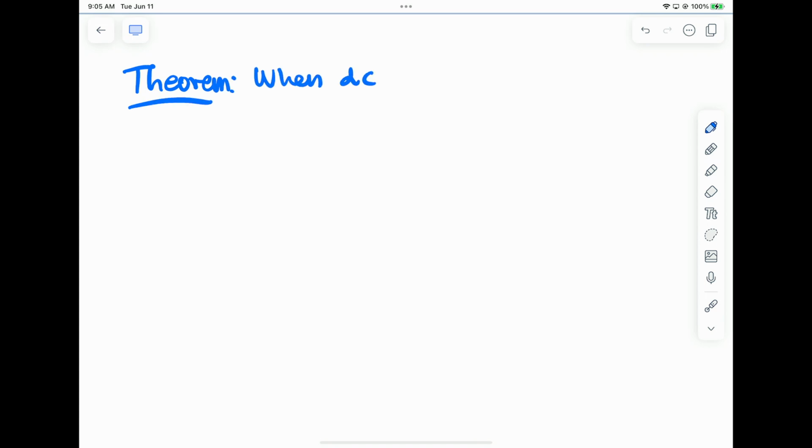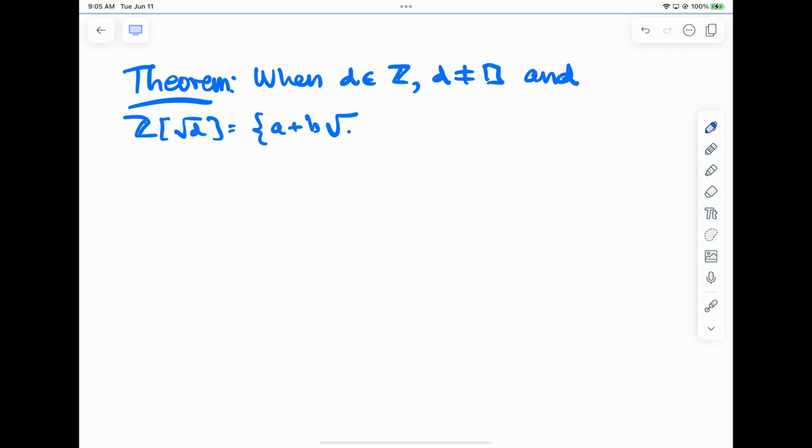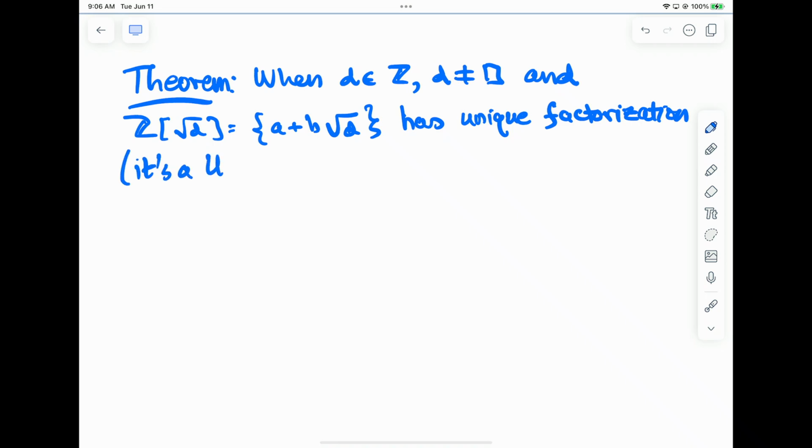When you have an integer d that's not a square, and the ring Z[√d], by which I mean all the numbers of the form a + b√d. So when d is -1, this is the Gaussian integers. When this has unique factorization, so this brings in a ring theoretic condition, or as people abbreviate it, it's a UFD, unique factorization domain. When d is not a square and the ring Z[√d] has unique factorization,